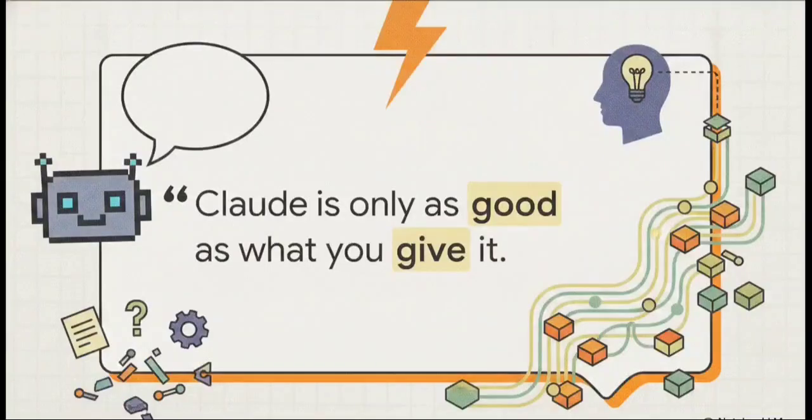The honest truth is, this mediocrity trap, it's not a property of the tool itself. It is entirely a property of the input. Imagine walking up to a brilliant, world-class business consultant and just blurting out, "How do I go viral?" I mean, what can they possibly say back to that? They don't know your industry, your audience, your platform, or your specific constraints. Without that context, even the absolute smartest advisor on earth is forced to just hand you generic platitudes. The AI model isn't withholding its best thinking from you, it's just giving you the absolute best answer it can possibly construct from the really thin information you handed it.